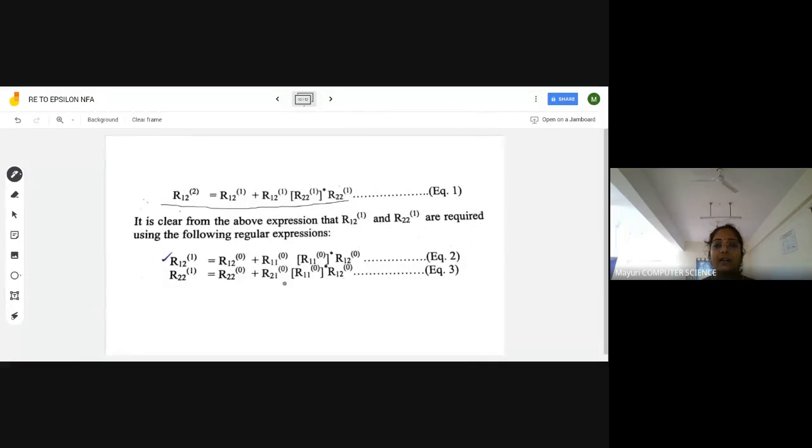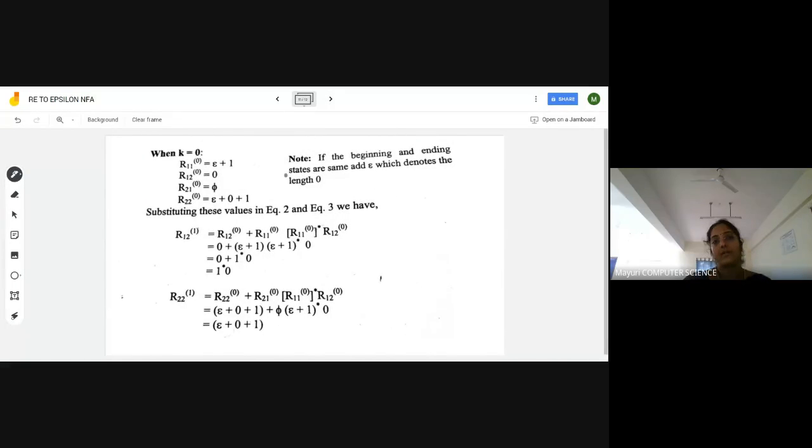Those formulas you calculate. R_12^1, make i as 1, j as 2, k as 1. So apply that in the already existing formula, you will get this. R_22^1. I need R_12^1 and then R_22^1, right? Apply the ijk values in the existing formula of Kleene's theorem, you will get these terms. So whatever you require now, only that you calculate. According to me, I think I need the basis terms also. How do you say this is basis? Because k value is 0. So let us go for basis. How do you calculate the basis?